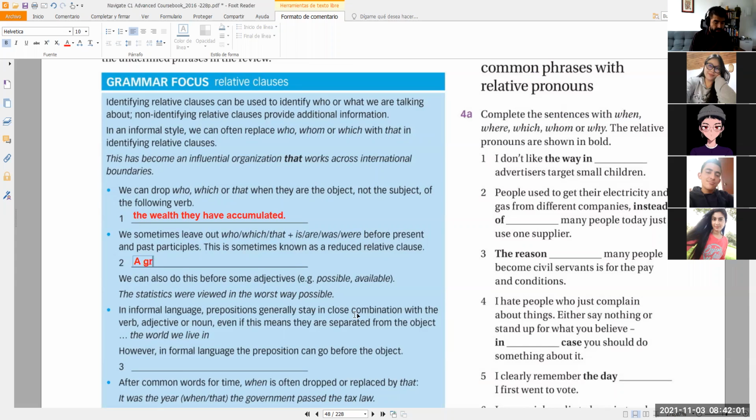A group of new growing economies working together. In that case, if we just leave it complete, that would be a group of new growing economies that are working together. So this is similar to the previous case, but in this case, we are eliminating